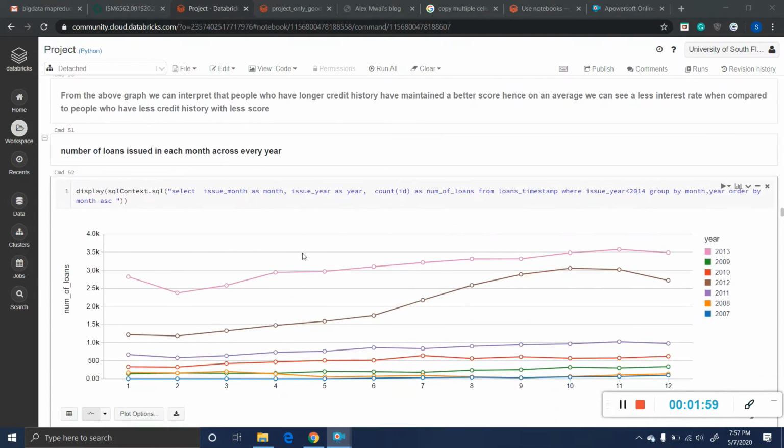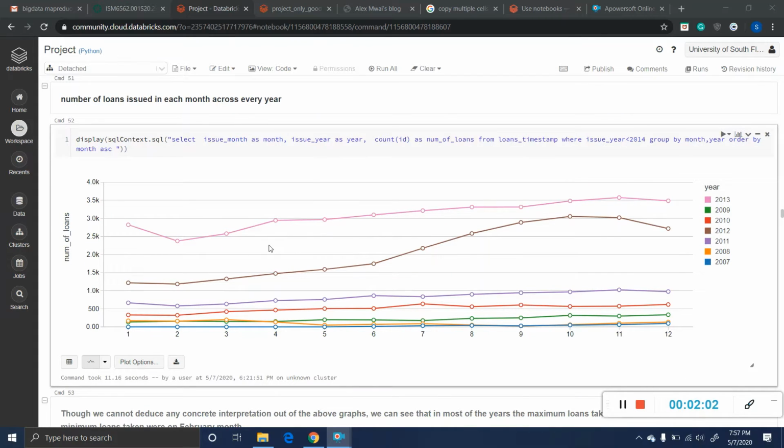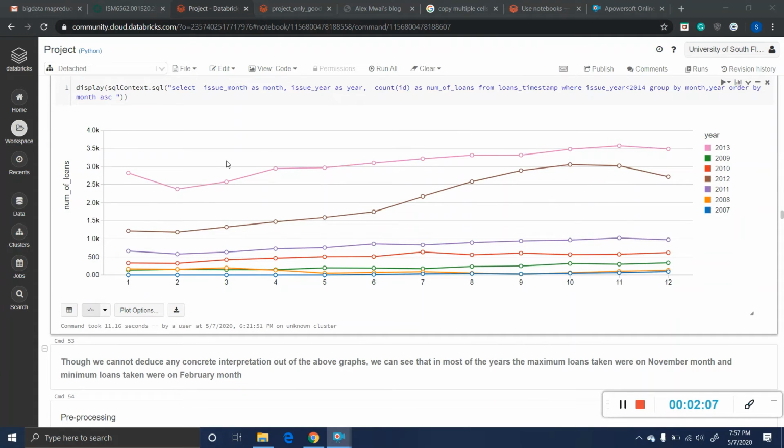And when we see the number of loans issued across each month in every year, though we cannot conclude a proper interpretation, we can see that for all the years, the number of loans issued reduced in February, then increased till the end of the year, reached a maximum in November, and then dropped again in December. So there is a common trend of having the minimum loans in the month of February and more loans in the month of November. So these are the visualizations that we have done, and Nagarjuna will